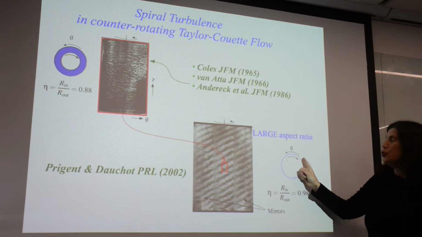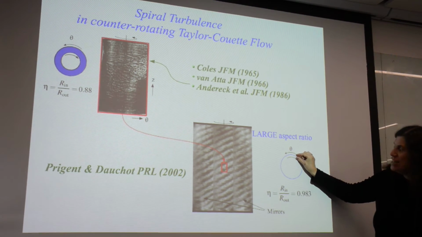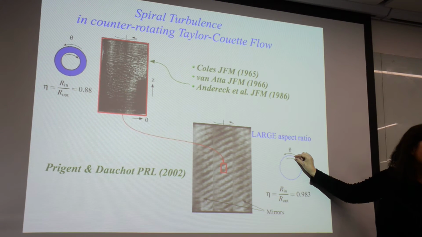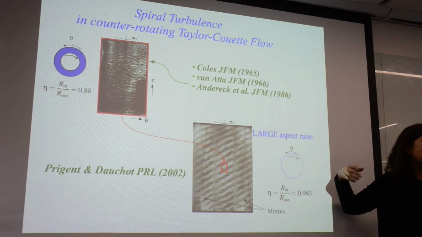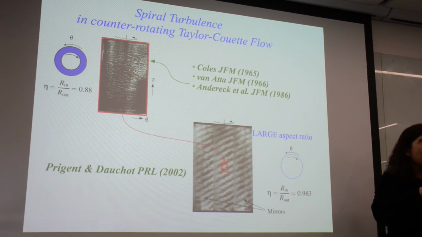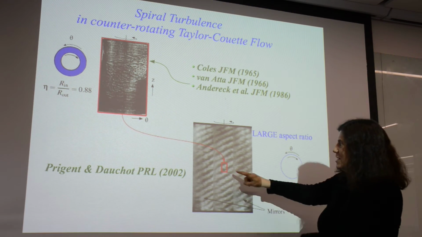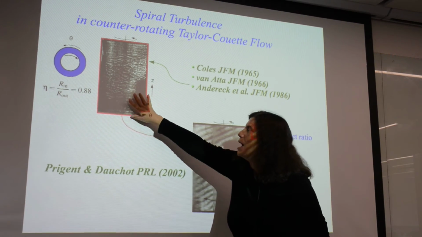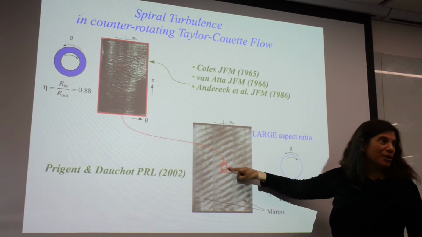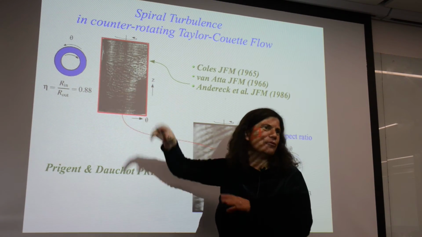That means that the ratio between the circumference and the distance between the inner and outer radii is much, much bigger. So this is a much bigger experiment, if you like, made by making this gap thinner, with the inner cylinder almost the same size as the outer one. You get much more room in the circumference there. And so the mapping, quantitative, is like this. That is to say, this Taylor-Couette apparatus fits about like here. So here you would just see kind of one of them, and not really, because there would be edge effects that would keep it from being very clear.